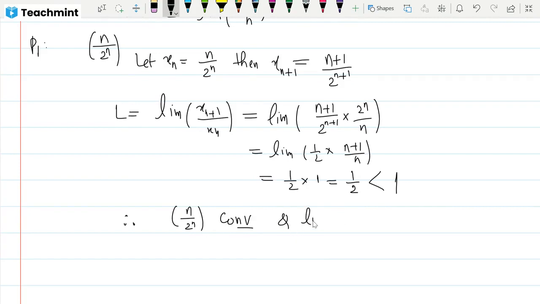Not only convergence, we can tell the limit of this sequence also. So what is the limit of this sequence? By the test for sequences, it is 0. So based on one result we are stating two results: if L is less than 1, then we are able to say the sequence is convergent and also give the limit value. Okay? Is this okay?